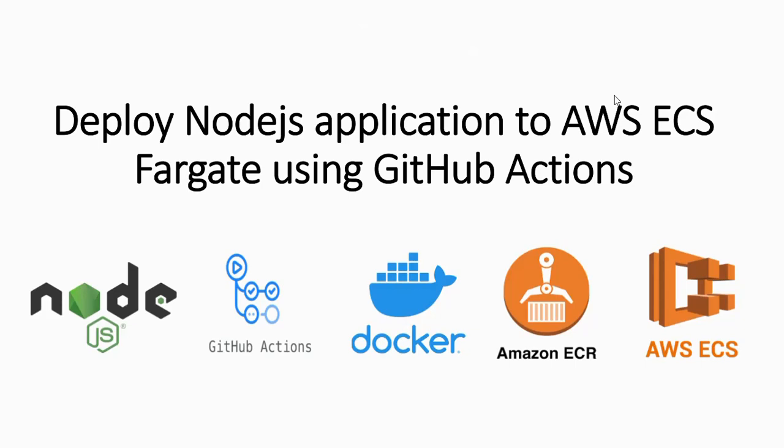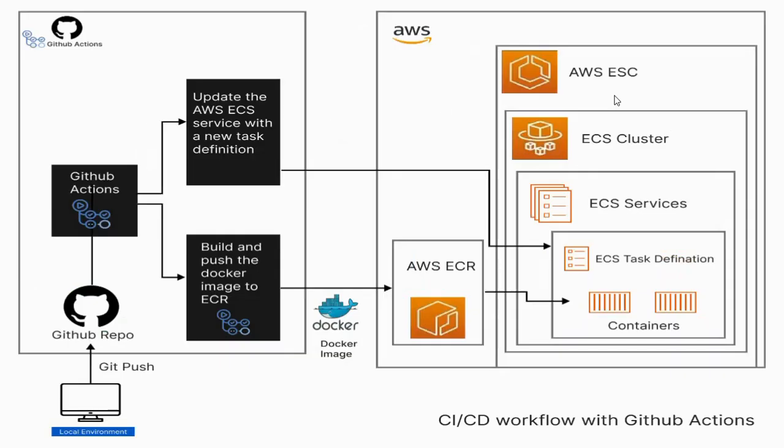So let's roll up your sleeves and embark on this journey to deploying your Node.js application to AWS ECS Fargate using the magic of GitHub Actions. Let's get started. So we are going to create a workflow file, which will be like, we will have a